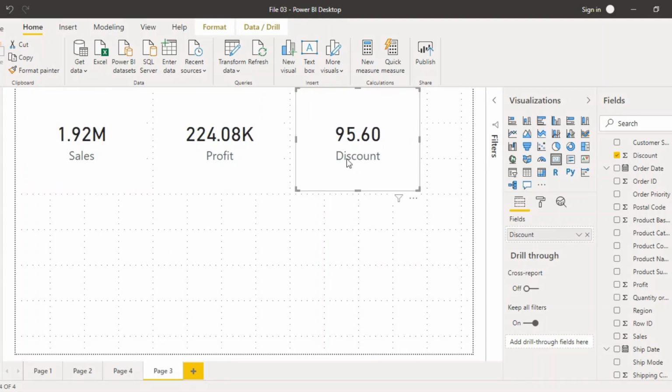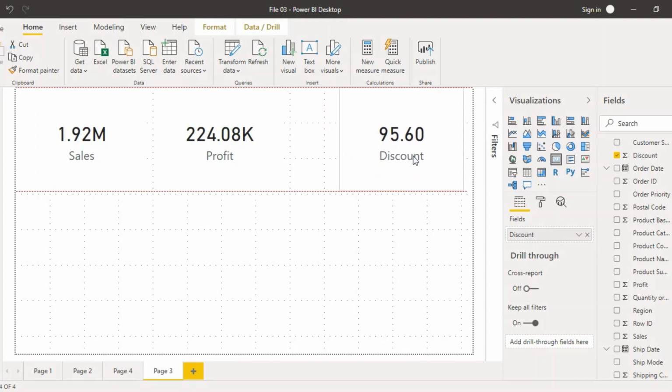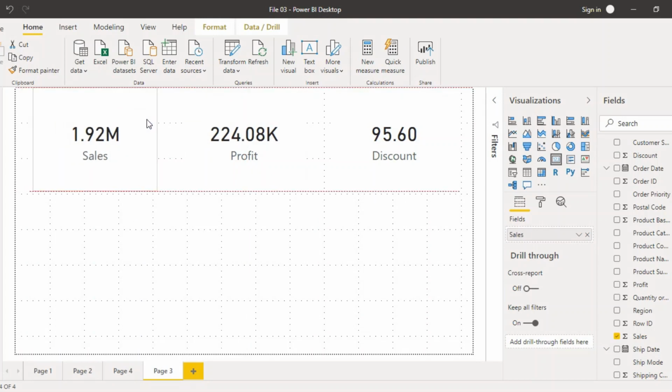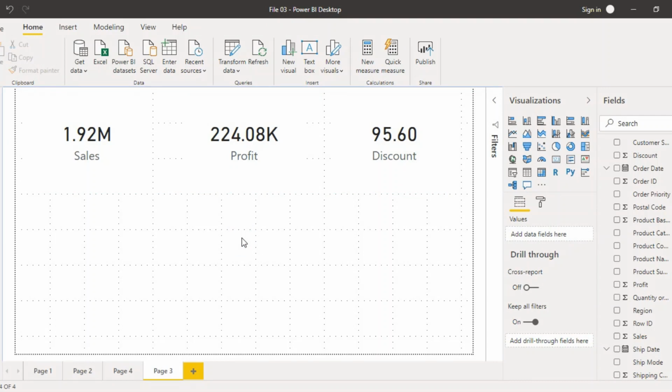So this is the quantity of the discount that I gave, this is the total number of sales made, and this is the total number of profit. These are basically the cards which we have created, and you can easily align them with the help of these guides, which would guide you where you should set your cards so that it looks good in viewing.